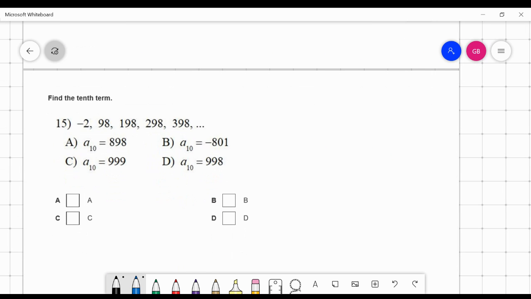Okay, find the 10th term. From negative 2 to 98, I'm not sure, but I could see that from 98 to 198, you add 100. And then you add another 100. So it looks like the common difference is going to be 100. Negative 2 plus 100 is 98. Good. So to find the 10th term,